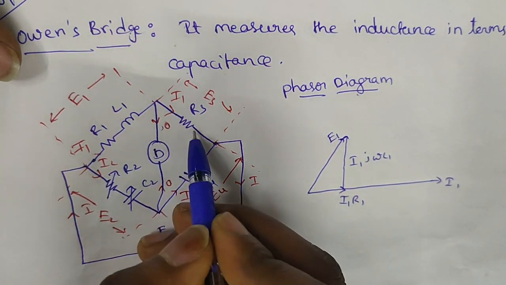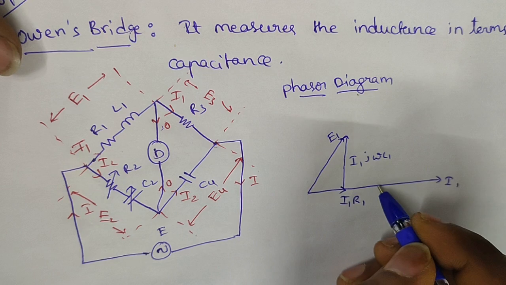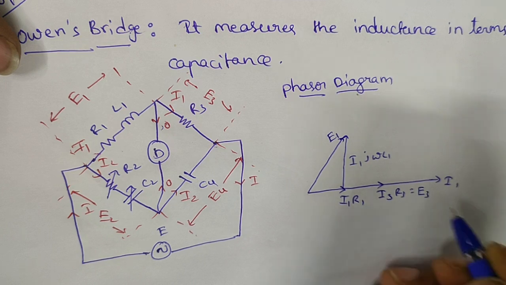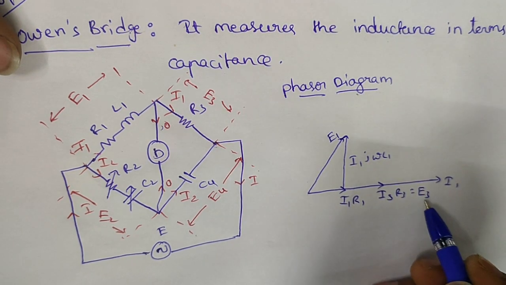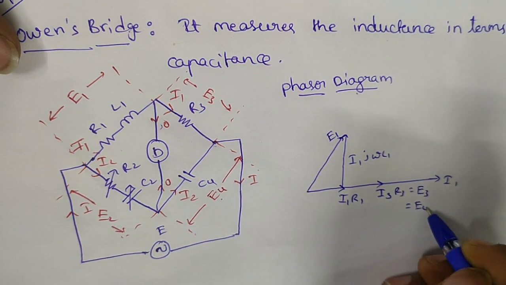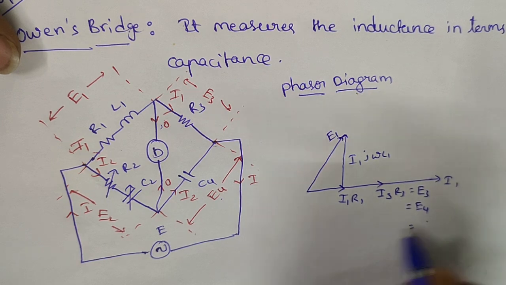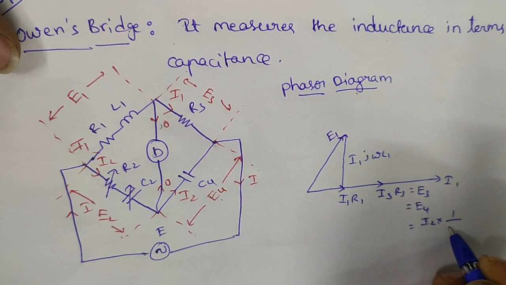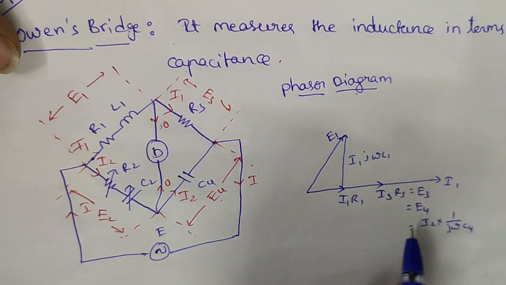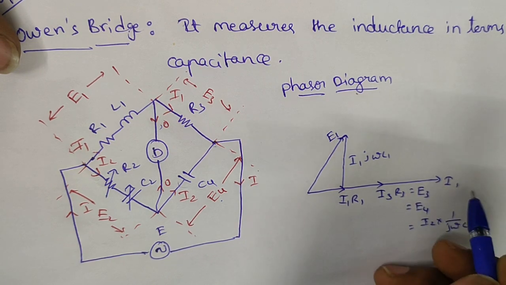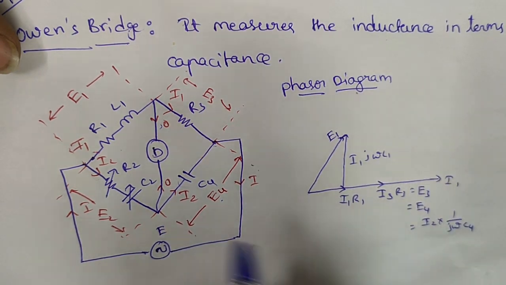Now in the same branch there is another resistor R3. Let's consider R3 drop across is I3 R3, that is E3. This is the E3 drop. So this E3 drop is equal to E4 drop. That means the current in this is I2 into 1 by J omega C4. So the drop due to this capacitor is in phase with I1. Then the current I2